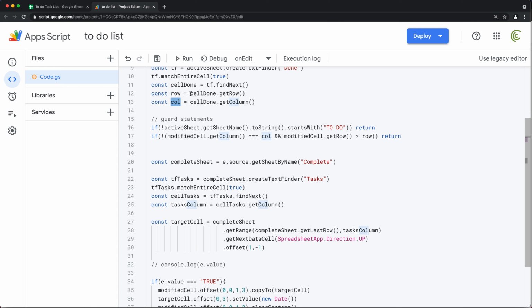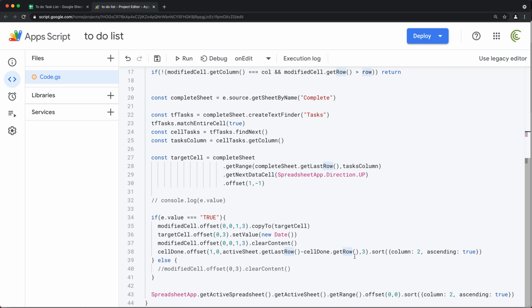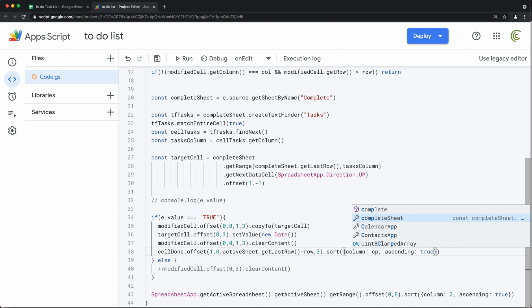As a matter of fact, we have the done row as a variable too. Maybe we should have used that. See, we have this row, we have this COL. So row, see right in here, instead of doing cell done dot get row, I'm just going to do row. And here we'll just do that column